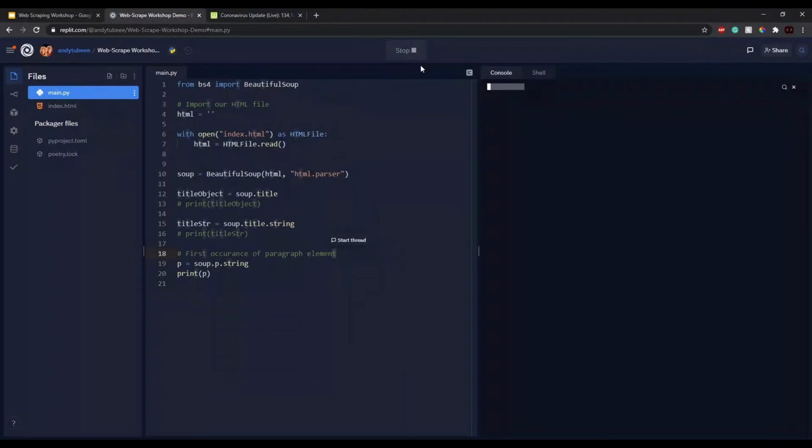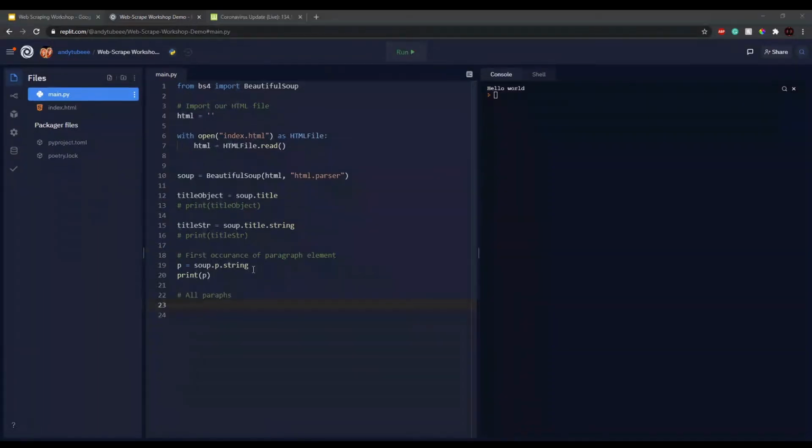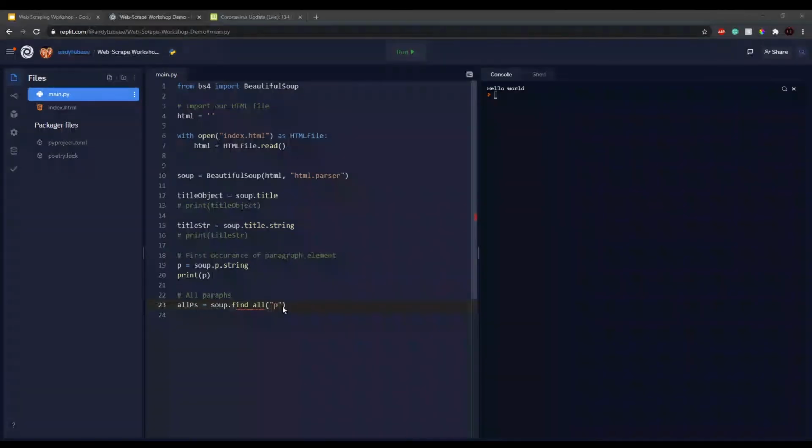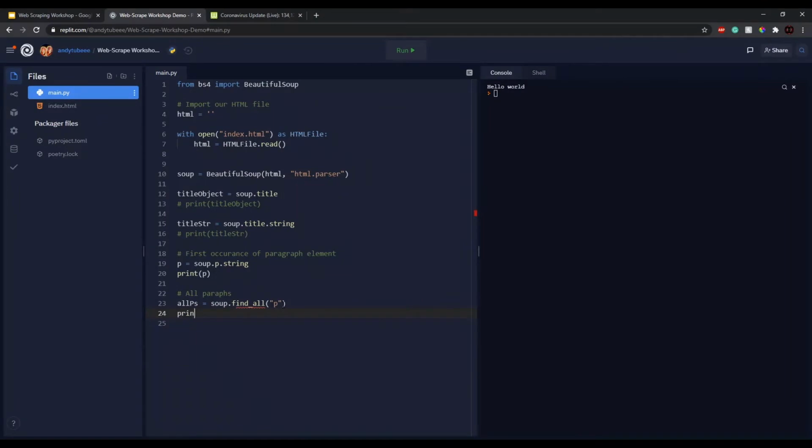So this is all paragraphs. What we can do is say this is all p's, and then we can run soup.find_all. This function finds every single element. And then we can just run print all p's. And what this returns us is